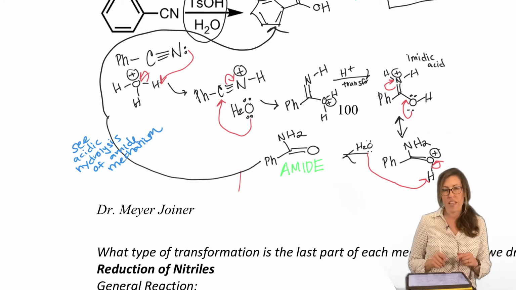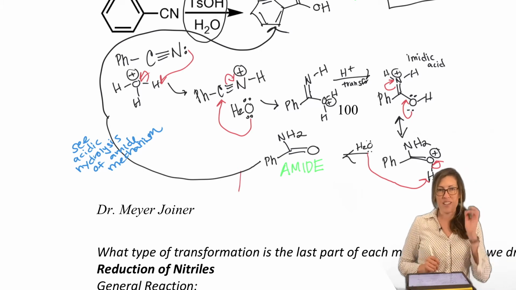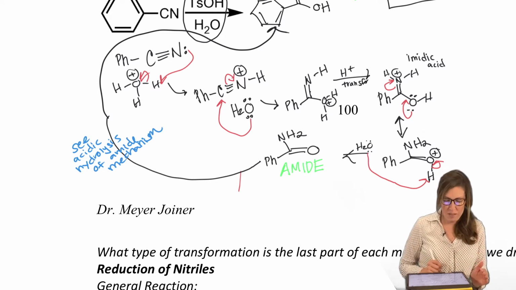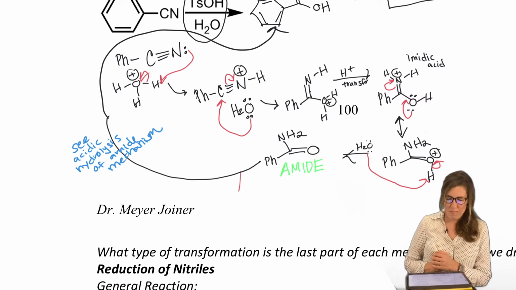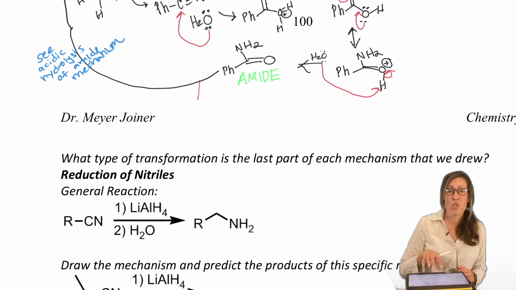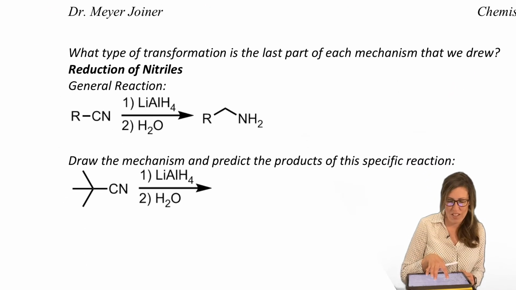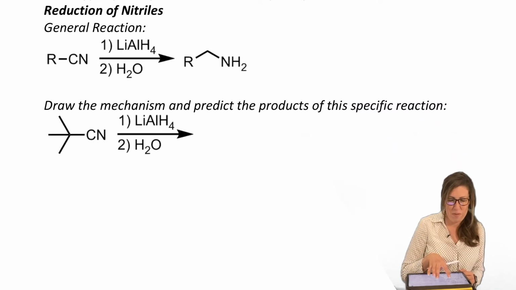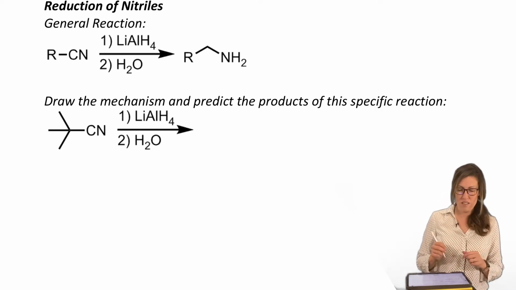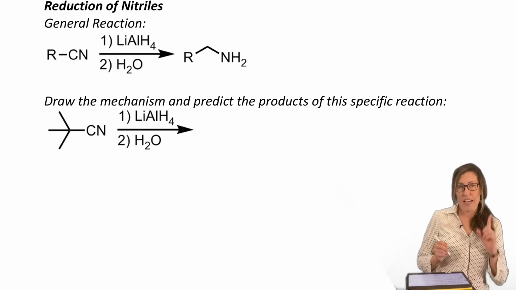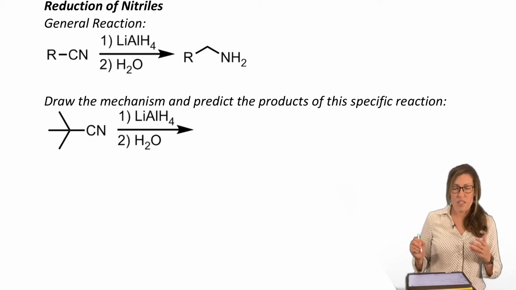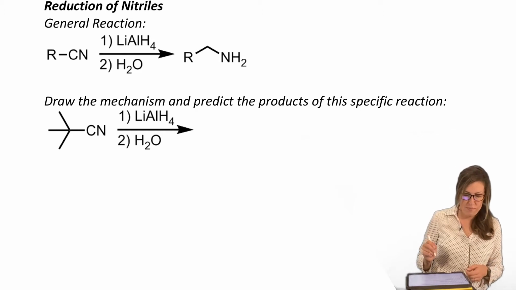So when you get to the amide, and this is the moral of the story, you're basically on the right track in the mechanism. Okay, let's do some more reactions that we recognize but are still new at the same time. So it turns out that with a nitrile, you can add H's to that triple bond just like you would other triple bonds until you're fully reduced to an amine.